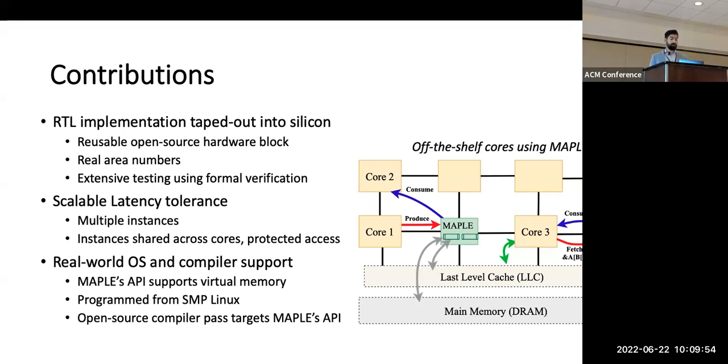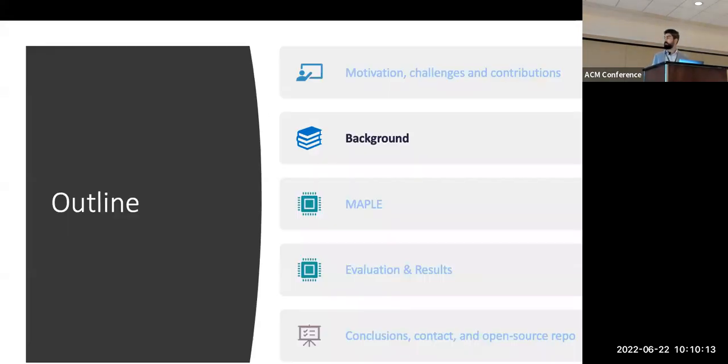Our hardware RTL and software API supports virtual memory, and we evaluated it using Linux at full stack. We adapted an open source compiler pass to target Maple's API automatically for decoupling, instead of using the native executions of prior decoupling approaches. For the rest of the talk, I will be briefly explaining what decoupling is about and where we fit in the literature. Then I will explain Maple's hardware and software, how it works. Later, how we integrate Maple into the OpenPiton Manycore and our results on that at full stack on FPGA.